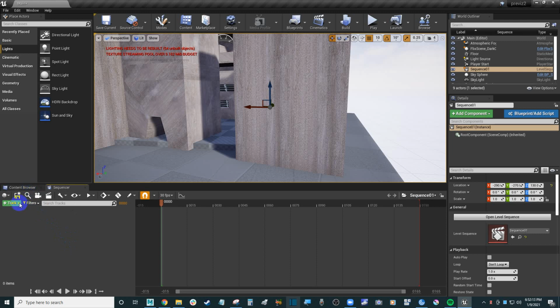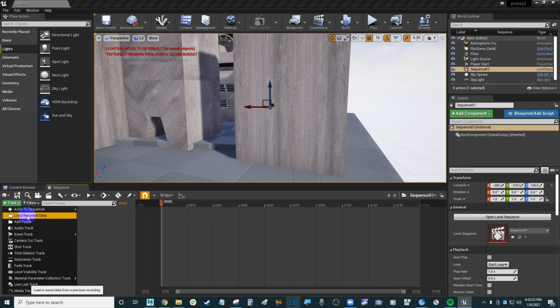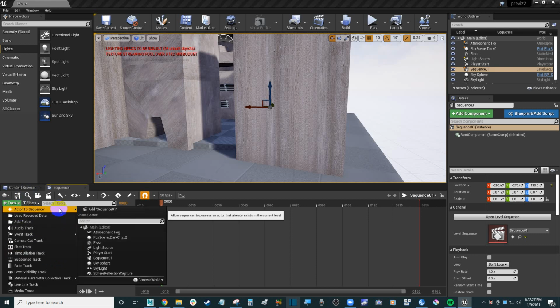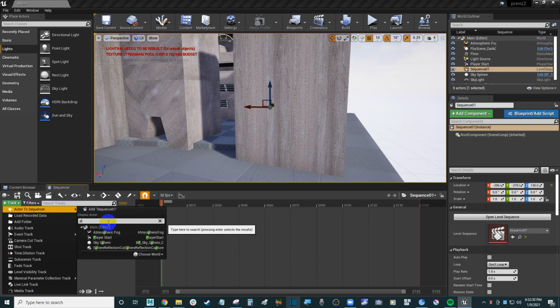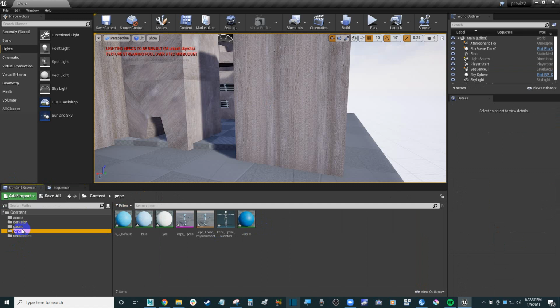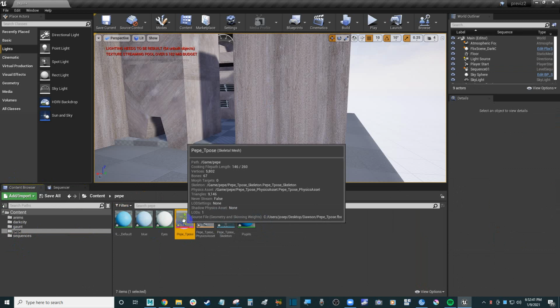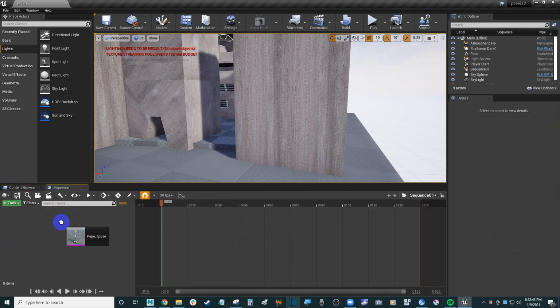You can add. Let me see. You can do a drag and drop, but I'll see if I can. I haven't tried actually to add actor to sequence. Can I choose Pepe? No, it doesn't show up. Yeah, we can just drag and drop. It's gonna be easier. So you go in the Pepe character, you choose the skeletal mesh, and you just drag and drop to the tab, and just drag it in